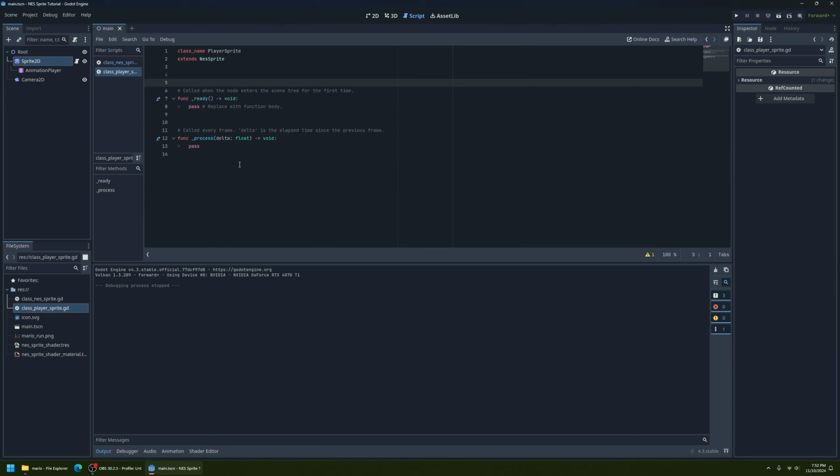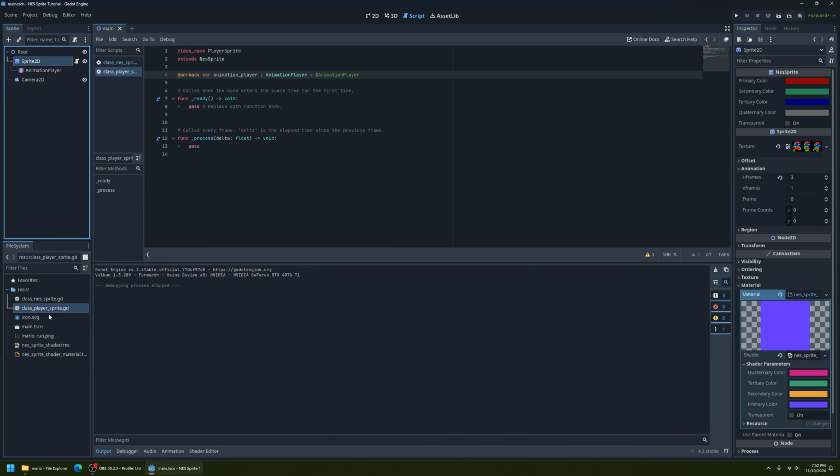So what we need to do is access our animation player node. So let's get an onready variable, animation player, of type AnimationPlayer, and let's set that to our AnimationPlayer node. And you can see it's not autocompleting, and that's because we need to